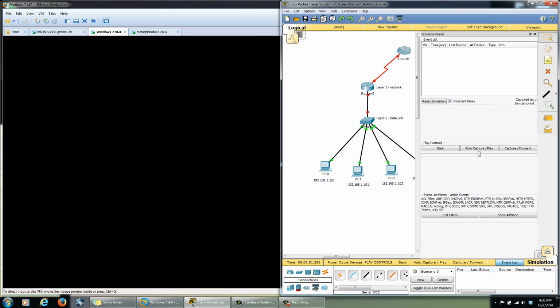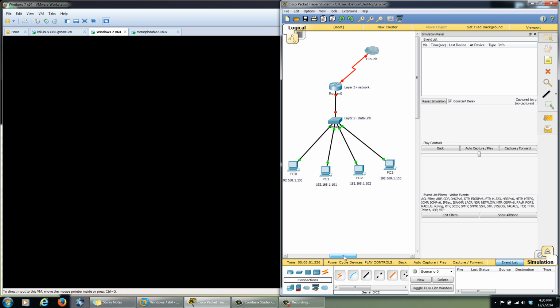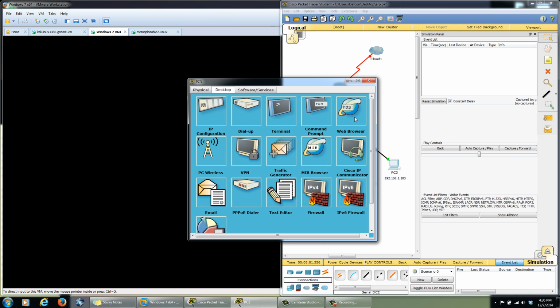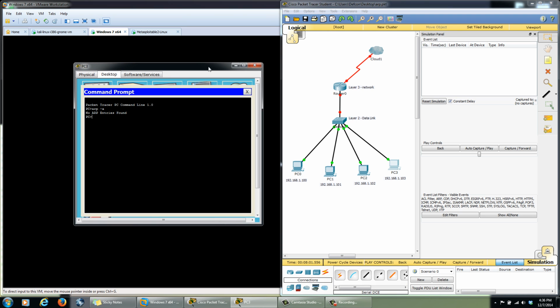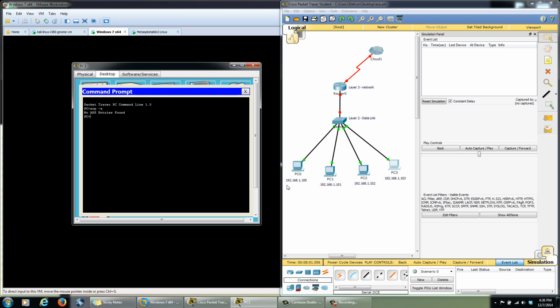Here, I'll push this to the side. So as you can see here, I'll go into PC3, and we're going to try to ping PC0, so 192.168.1.100. But as you can see here, we've checked the ARP table, and we have no ARP entries found. So when I go ping,